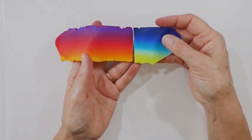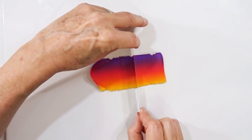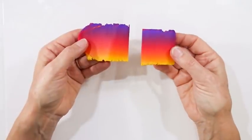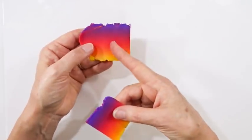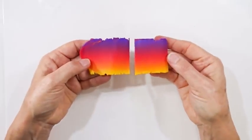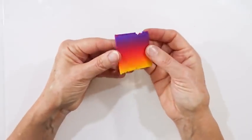Once it's roughly the right width and I've got that nice blend going, I'm just going to chop off probably about just under a half. I'm going to keep this piece because, as I mentioned, you don't need very much to do the cloud detail, and with this one I'll show you how you can actually create a slightly darker one with another colour option towards the end. So with the one piece I've got, I'm going to put this down to my thinnest usable